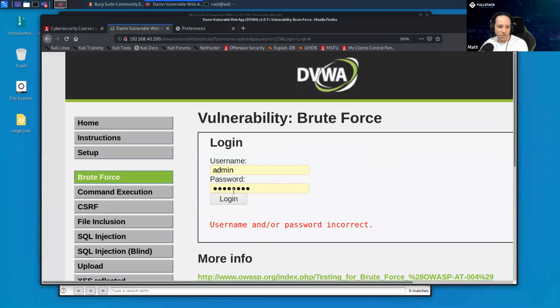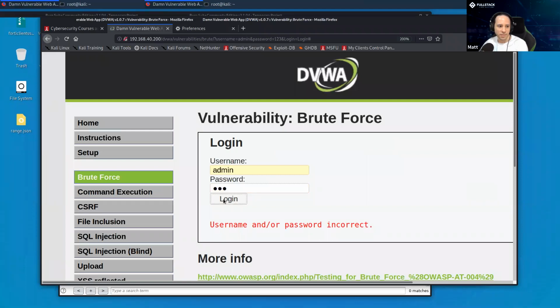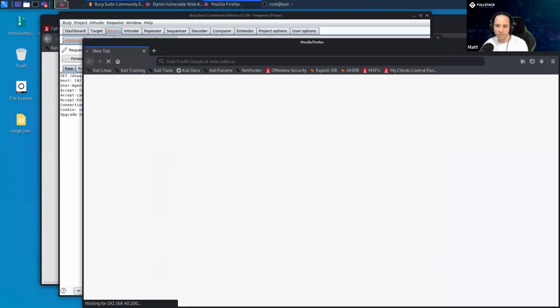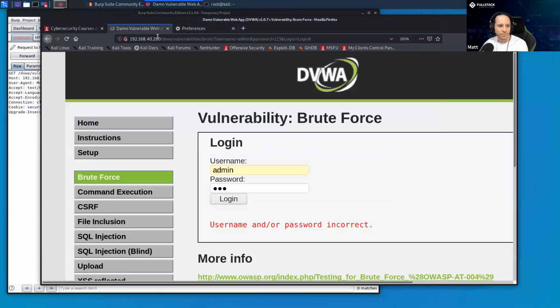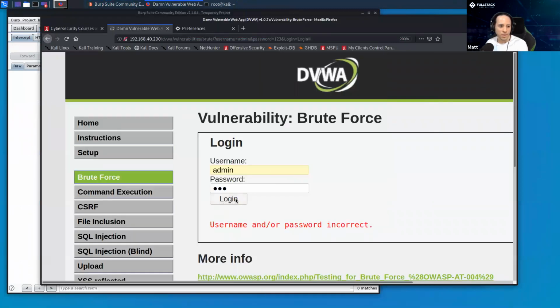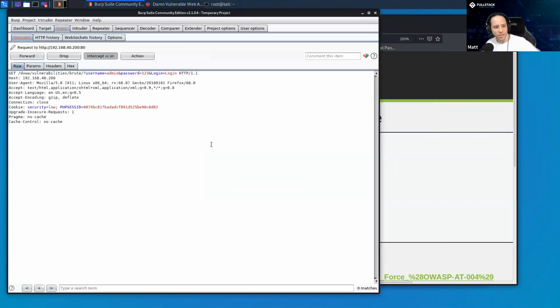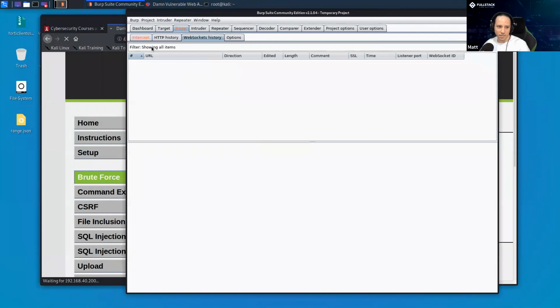So now if I try to log in with admin and 123, hit log in. Did I catch this? Oh, we didn't catch this. Maybe restart this. There it is. I accidentally opened it in a new tab. Let's do this again. Forward. Okay. Log in. What if I do a hard refresh on this page? There it is. Okay, can I make this larger? I cannot, unfortunately.